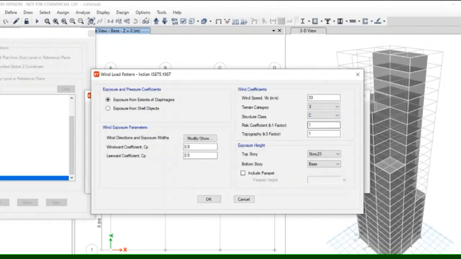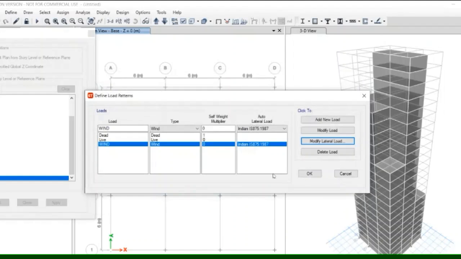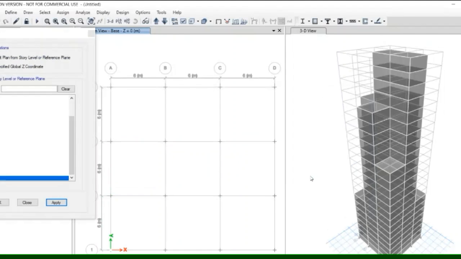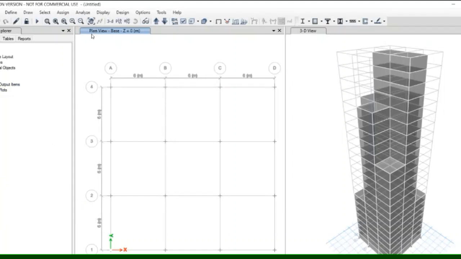Risk factor take 1 and the topography factor 1 as per the IS code. Then click on OK. Then close this.